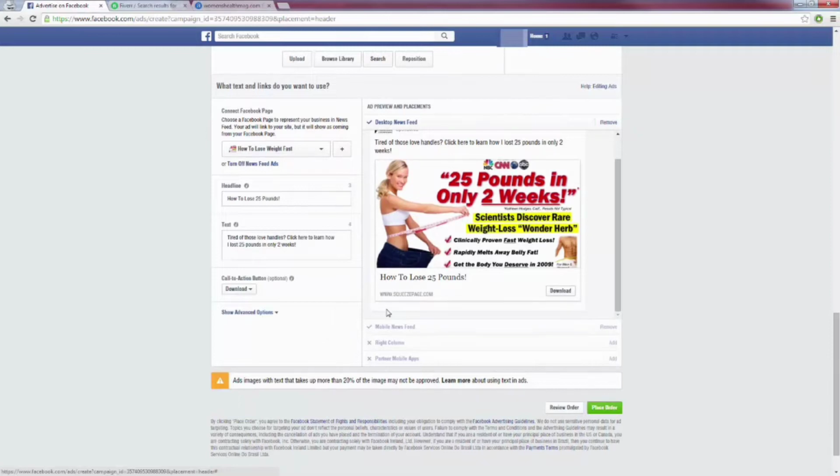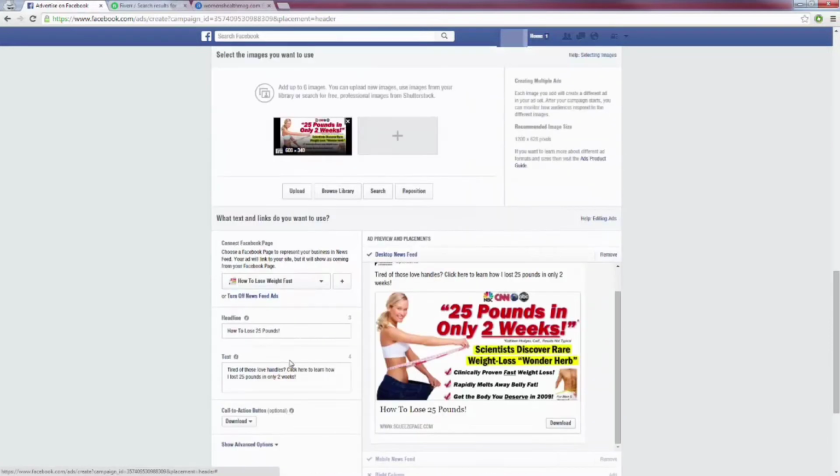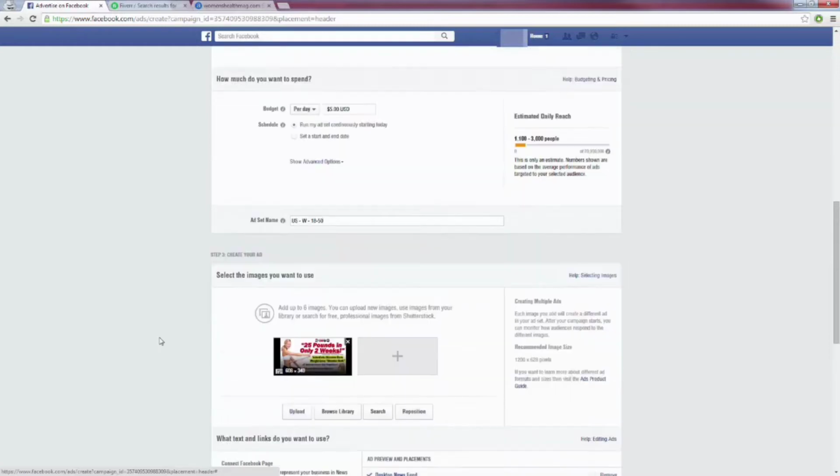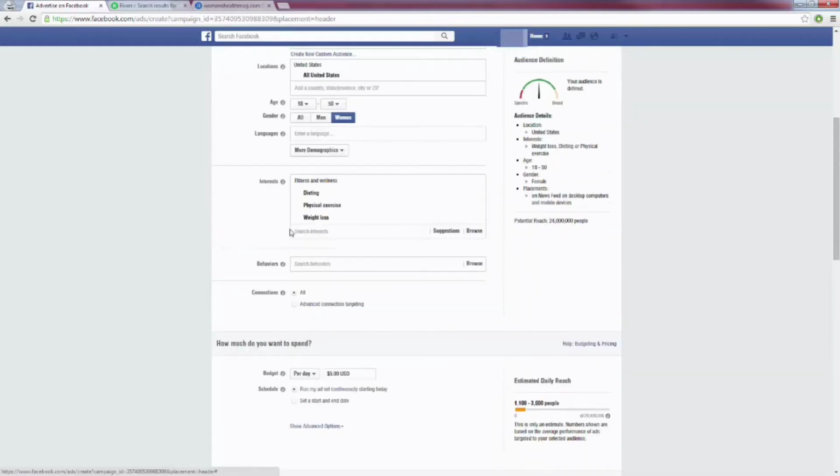So I'll keep it like that there. Now here's the real secret, and here's how to really drill this down and get the most out of these ads. If we scroll back up here, you're going to notice that we selected all these different interests, right? We selected 3 for this example, but for you, you might have 9, 10, 20 different interests.